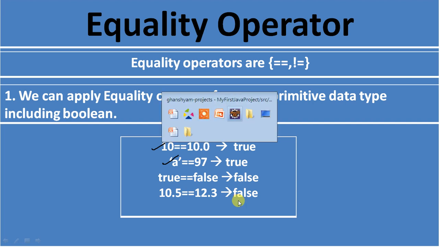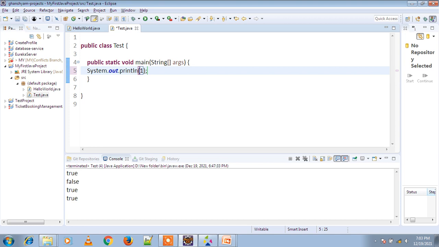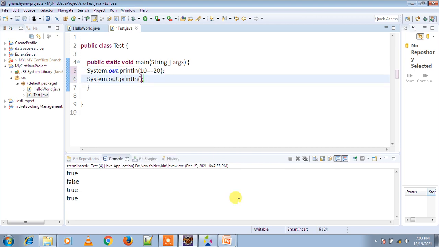So just go to the Eclipse IDE. There is no need to define any variable. We can directly check. So 10 equal to 20. Then 10 not equal to 10, one expression.